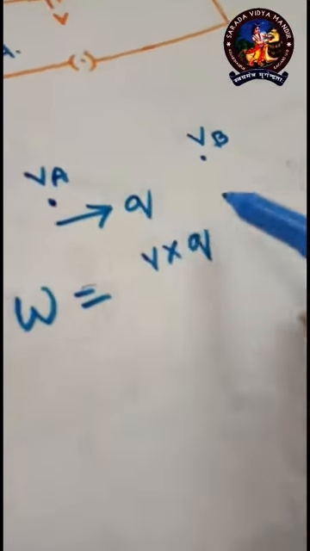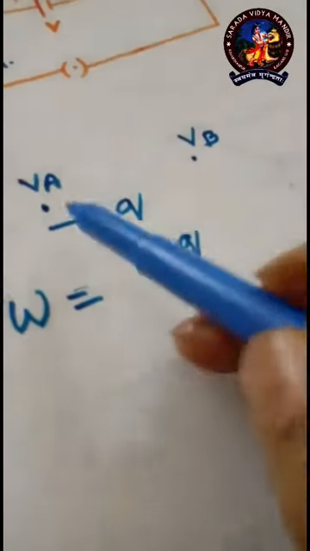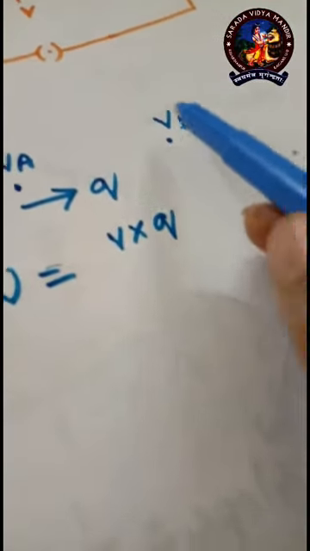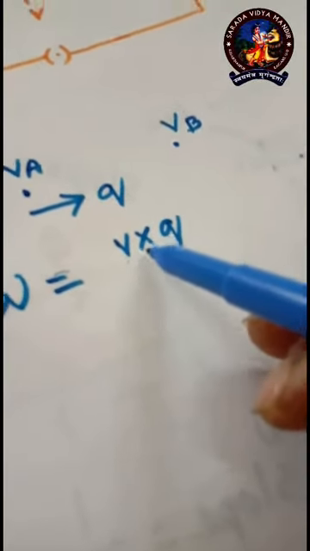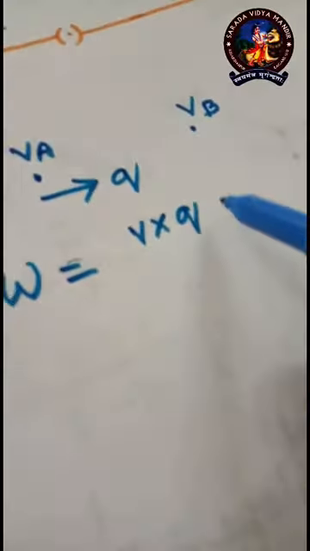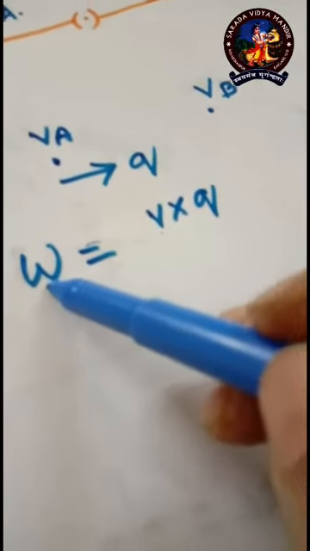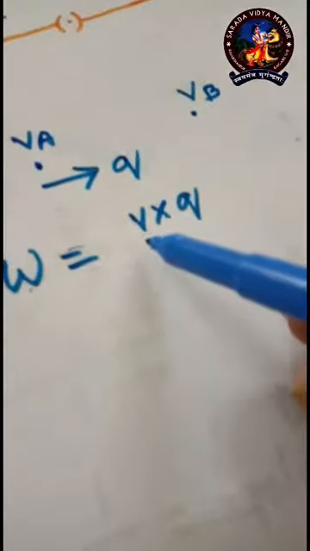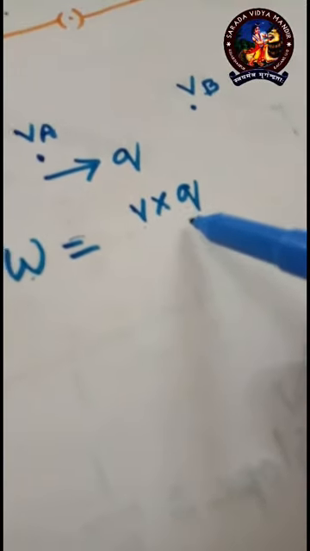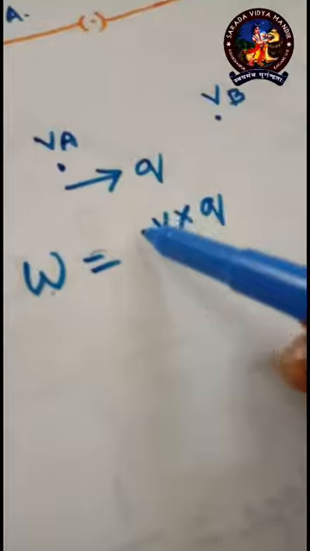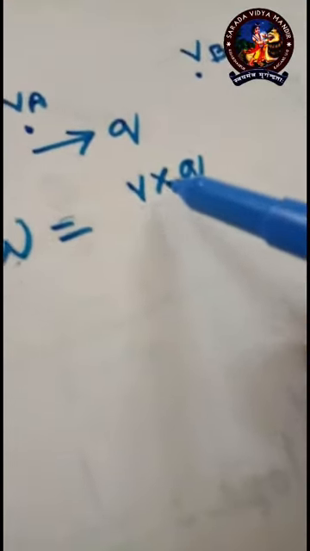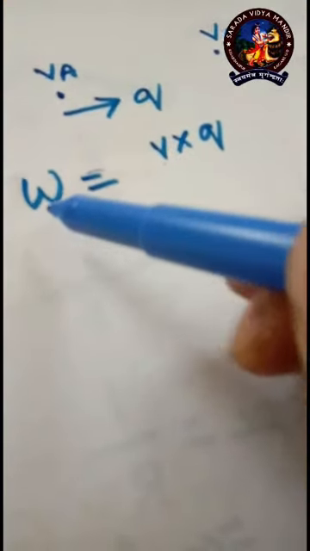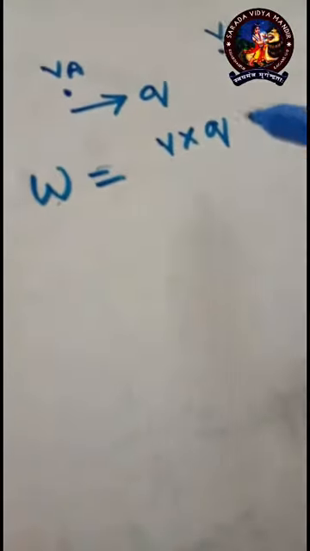Suppose I am saying that 5 coulomb of charge is carried from this potential to that potential. So we can get the difference of potential, and if we put the difference of potential here and the charge here, the product of these two will give you the work done. That is given in joule, that is given in volt, and that is given in coulomb. If it is given in millicoulomb or millivolt, you have to convert this into volt and coulomb, and then you will get the answer in joule, because these are all SI units.